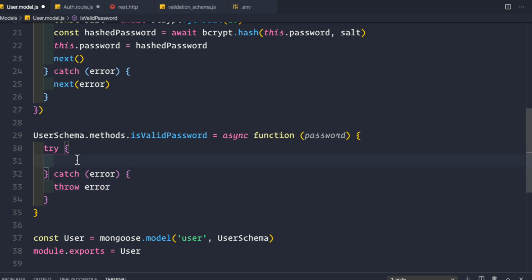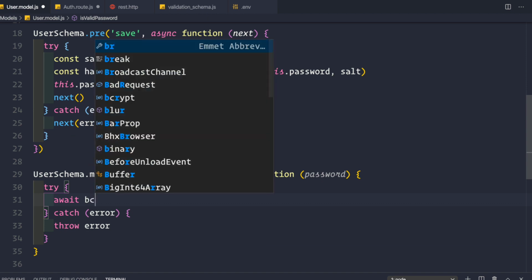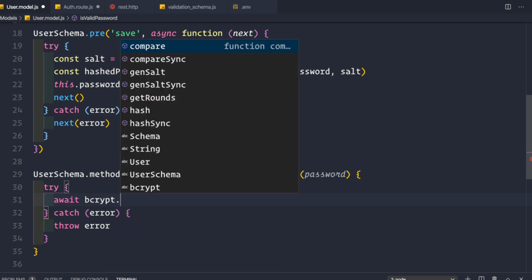Now inside the try block, we want to await, and we can use the same bcrypt library which we used to hash the password. So await bcrypt.compare, and we are not using the compareSync version, we are using compare because we are using await.